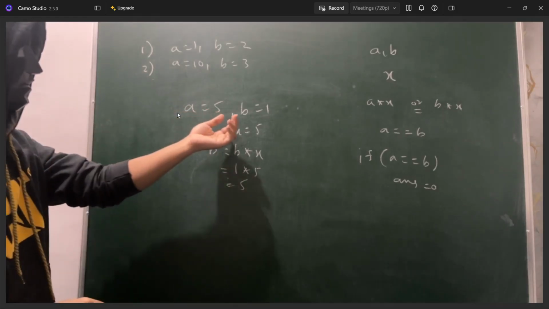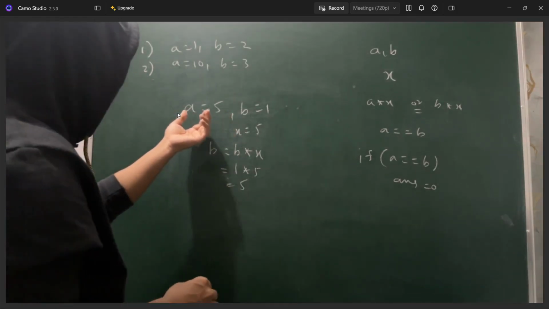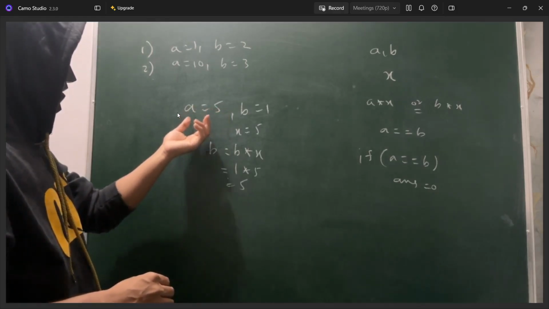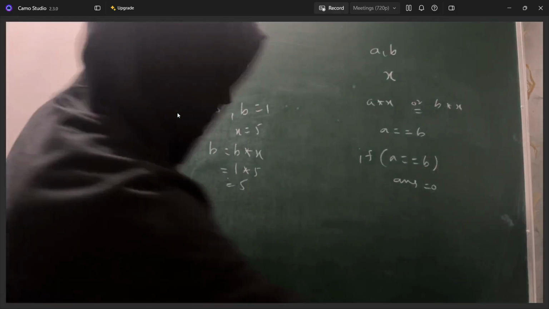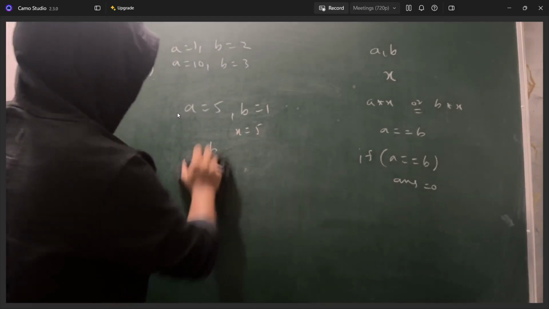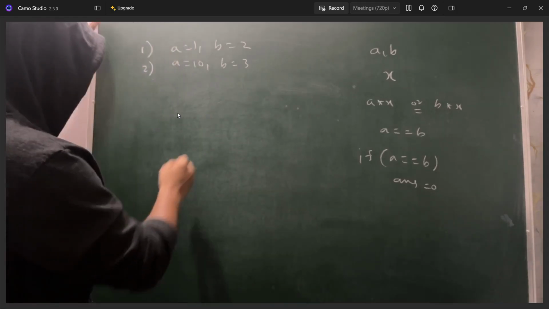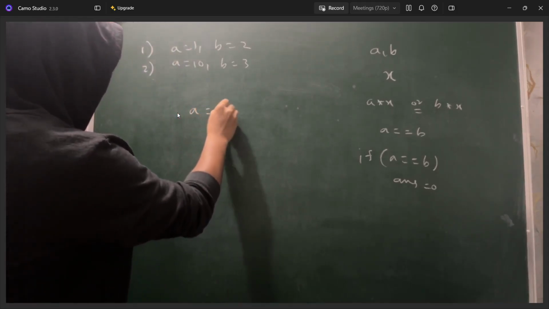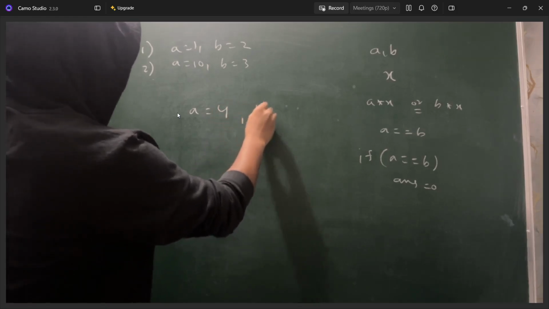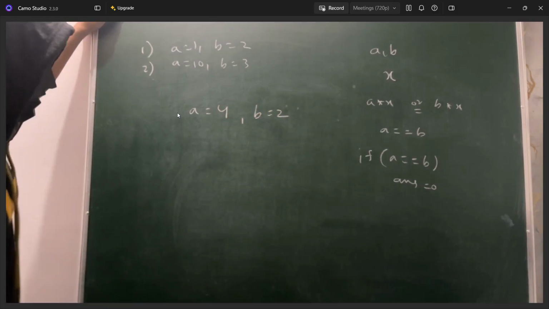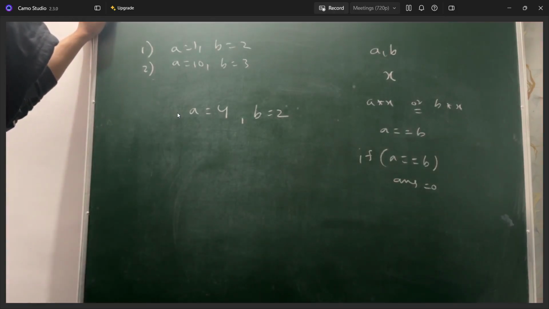So whenever either a equals 1 or b equals 1, in that case your answer is 1. But okay, let me try to take one more example and tell you. When a is 4 and b is 2, right? So in this case if you see,